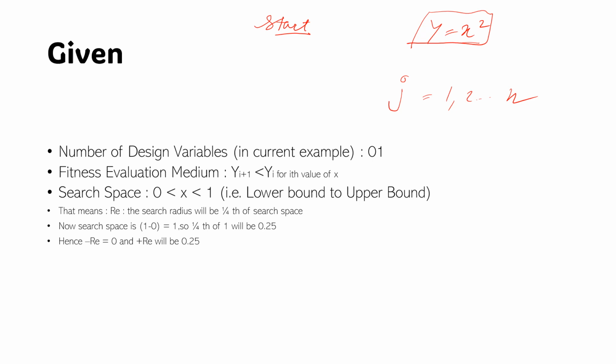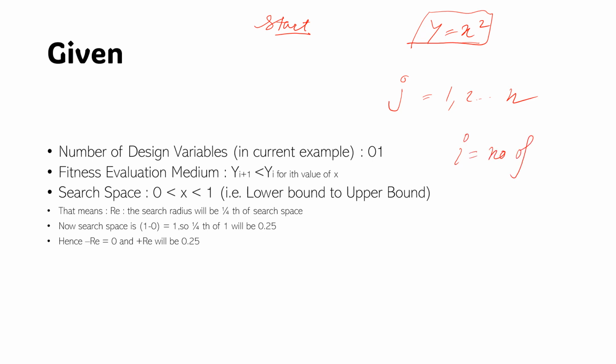Now, here also there will be a fitness evaluation medium. And as we are trying to minimize the objective equation y, our fitness medium will be this one, y(i+1), that means the new y must be less than the old y. Here I am saying the ith value of x is there. But later on I will show that